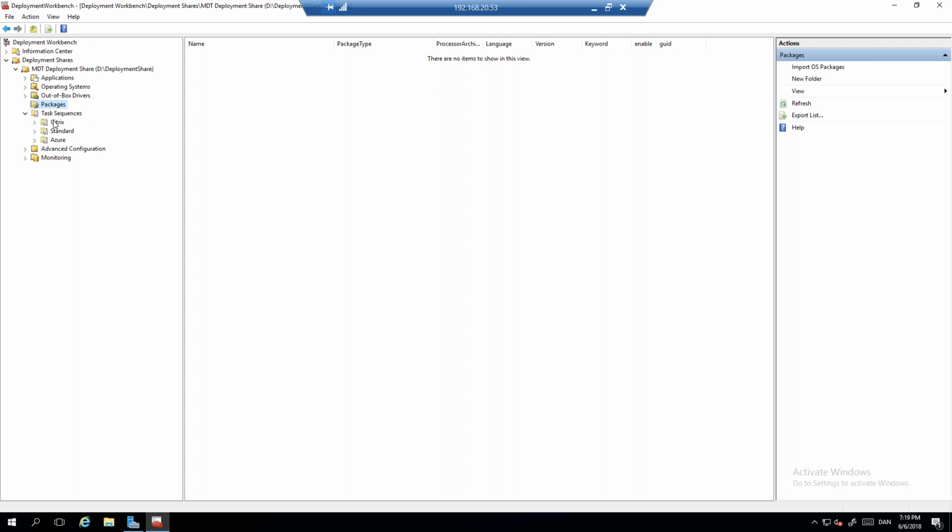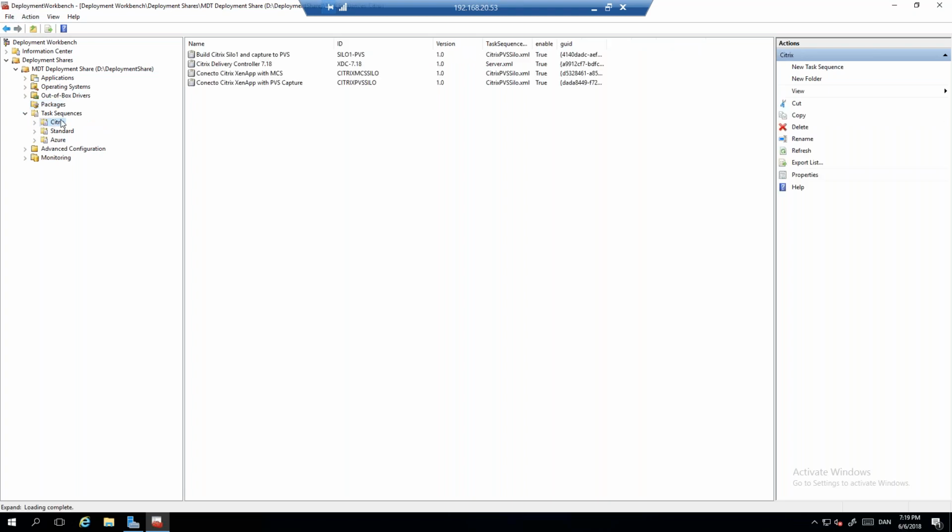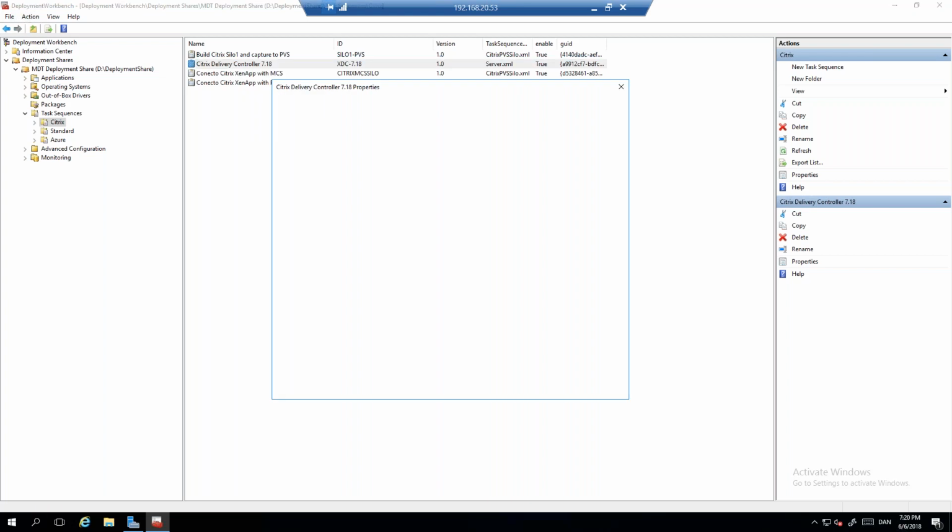So tying everything together from the application, operating system, and drivers are the task sequences. A task sequence is actually what you can use to deploy an OS to start with, but also all the application installs and patching at the end. But it can also just be doing the application install and nothing else. So if we can have a short look at this one,